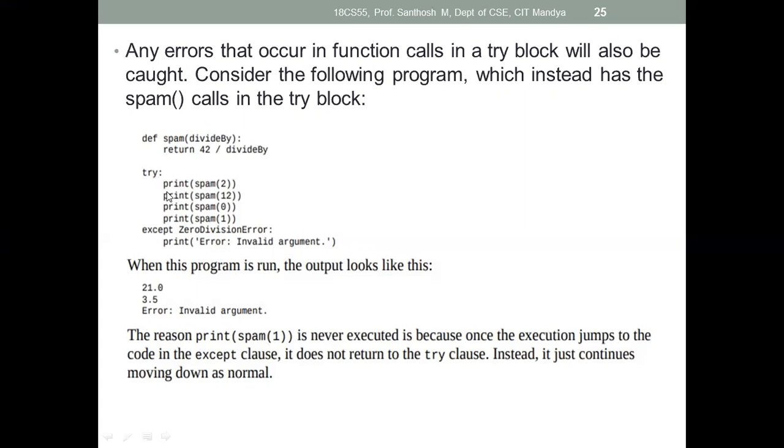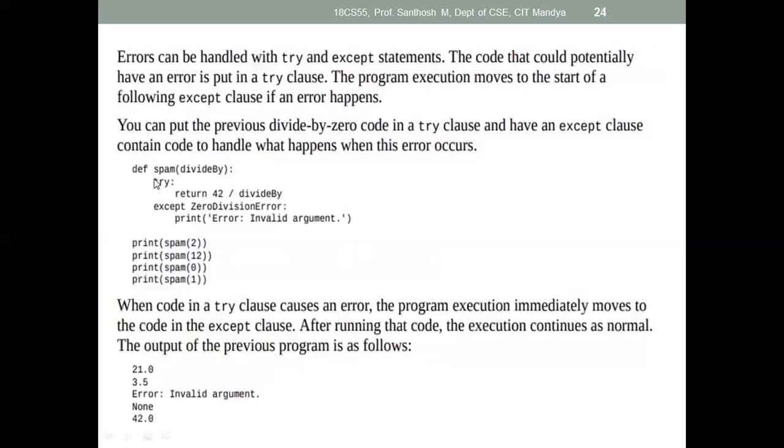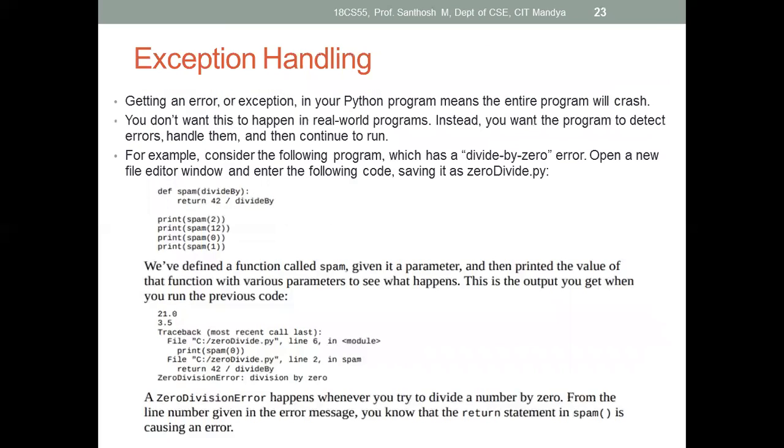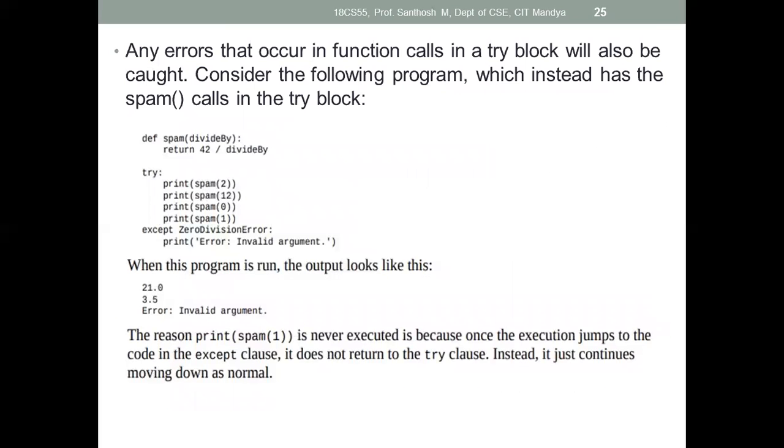So here you see try. First they try to call the functions. In this function call, we put it in a try. But in the previous example, we put the expression inside the function, in a return statement. But now the function call we put inside a try. So here they defined a function. Try: print spam of 2, print spam of 12, print spam of the function call, except ZeroDivisionError, print error invalid